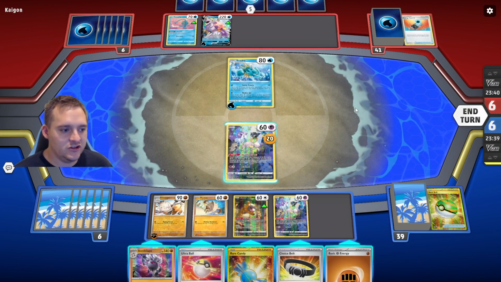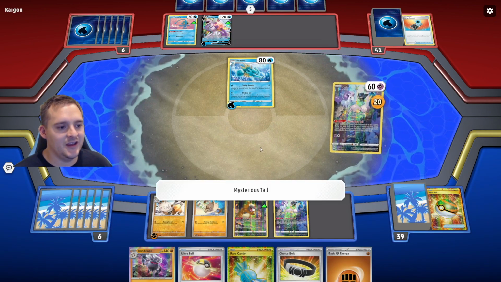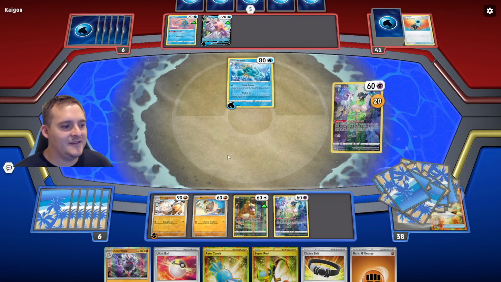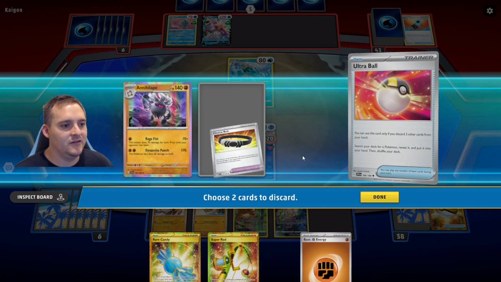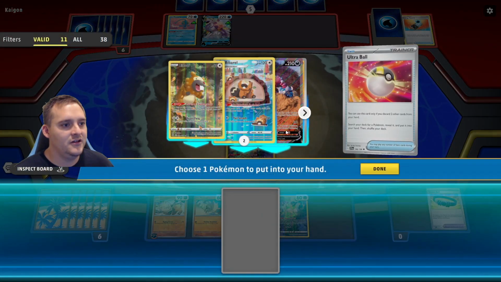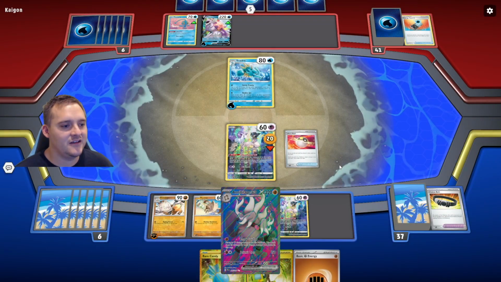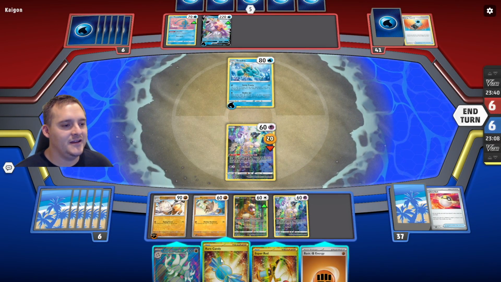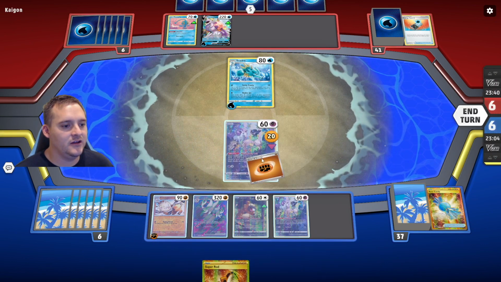And Energy's good. We can retreat into that guy. Let's go ahead and Mysterious Tail, because I want to Ultra Ball something else away. Okay. That means I can Ultra Ball away Annihilape and be fine. Let's do this. Get rid of these two for now, and let's grab ourselves Annihilape EX. We only have one in the deck. I didn't need this Rare Candy, but we'll take it. We'll do it. And...